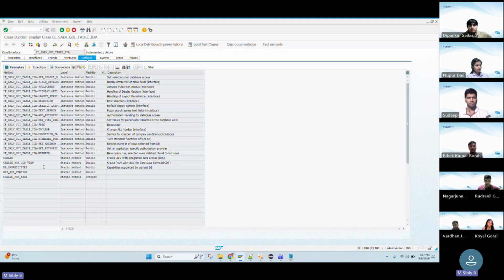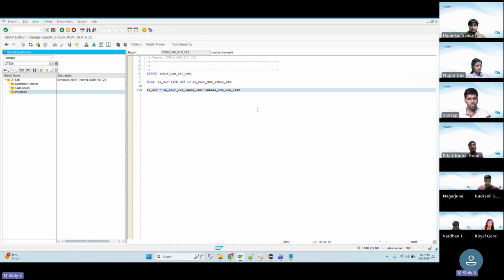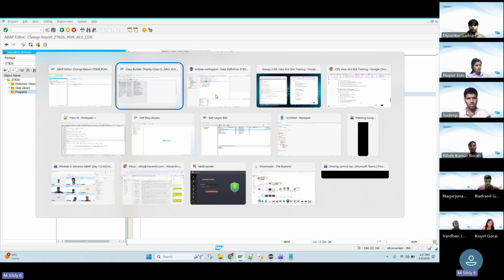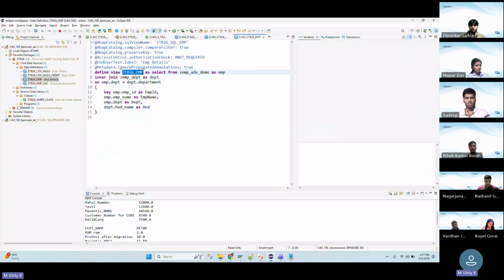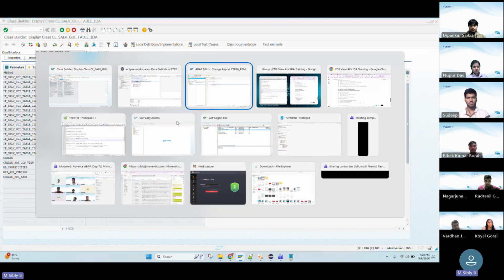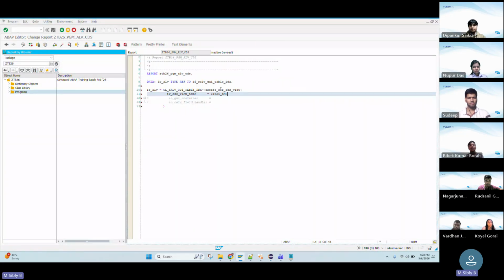create CDS for view. Here just to provide the CDS name. Okay, what was the CDS name? ZTB EMP26. This was our view. Just to provide the name here, in single quotes, just provide this name. Okay, this much only. Then